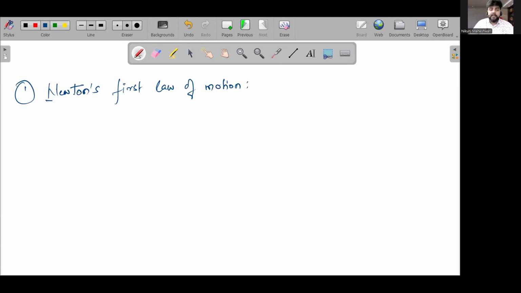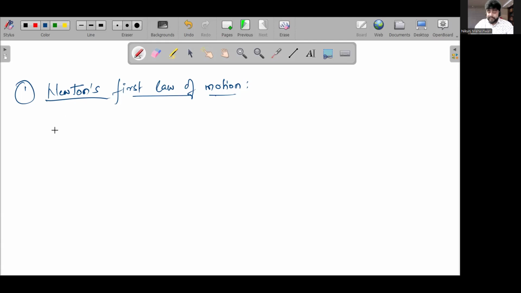If you go by the statement, I'm going to say the statement very fast. I know all of you already know it, but the statement is not important. The explanation to the statement is very important, right? So Newton's laws of motion. What is the statement? The statement says that an object at rest or in uniform motion will continue to remain in the state of motion or the state of rest until and unless an external unbalanced force is applied on it. What do I mean?